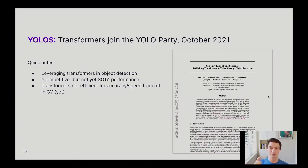Right after that, we had YOLOS, You Only Look at One Sequence. As you know, transformers and attention-focused techniques, and treating everything as sequences, are growing in popularity in machine learning, primarily first in natural language processing with BERT and other state-of-the-art models, and now increasingly finding their way and eating into vision models. I think the jury is still out if you can learn all parts of pixel relationships without any level of convolution, but there's been promise and continued research on using transformers and sequences specifically, and they joined the YOLO party